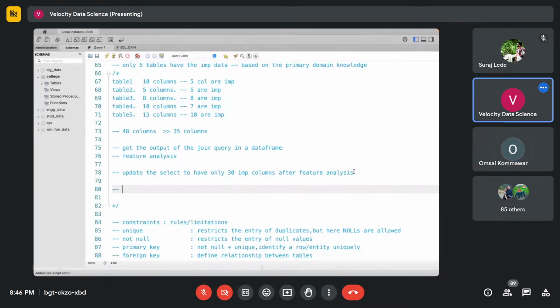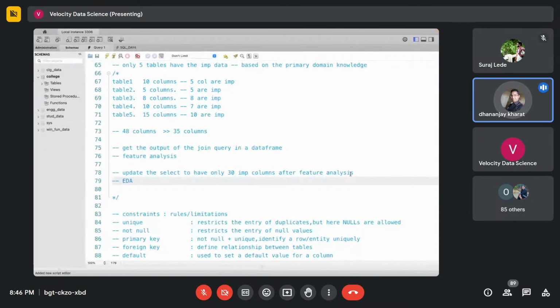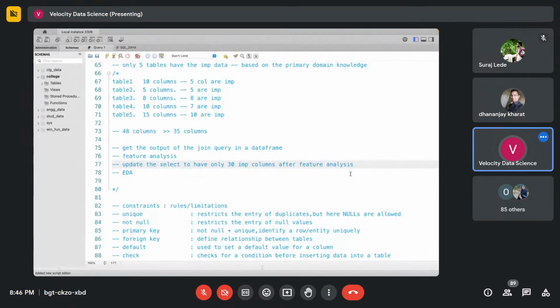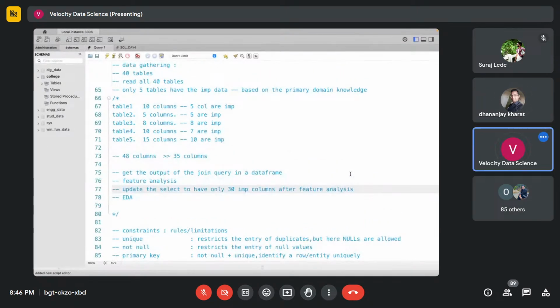Feature selection. हेलो मैम। Feature selection and then model. EDA. हाँ, yes. हमें जो 5 टेबल मेंशन किए हैं, तो ईच एंड मतलब इंडिविजुअल टेबल का हमें IMP कॉलम्स लेने पड़ेंगे क्या? Yes, yes. इंडिविजुअल टेबल। Yes. ओके।